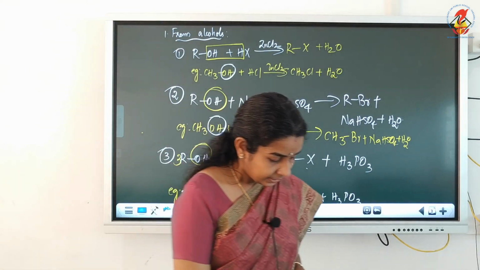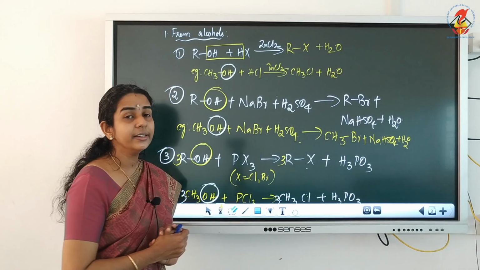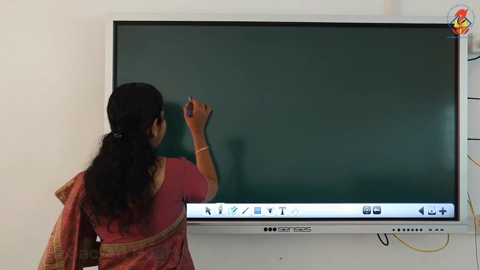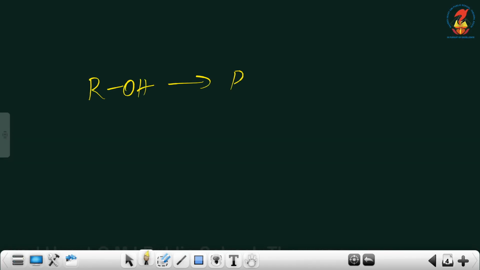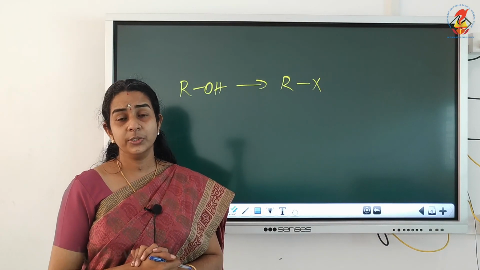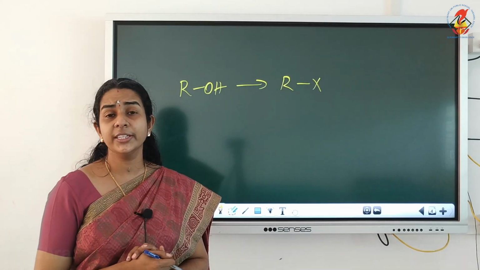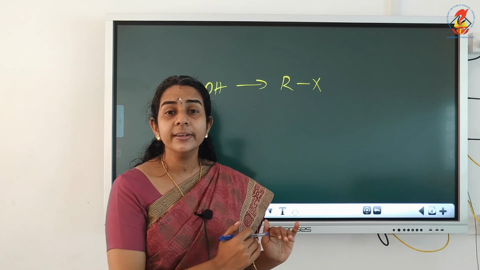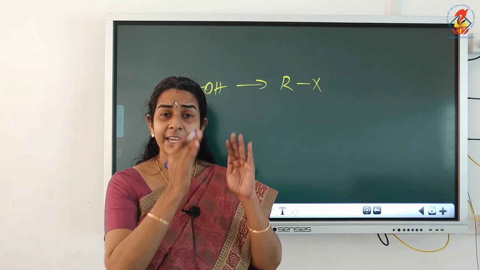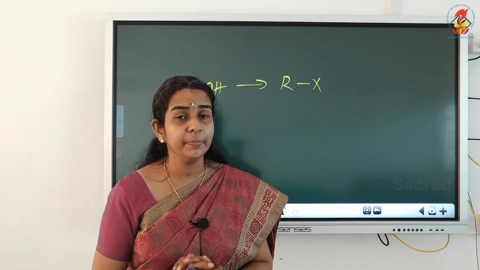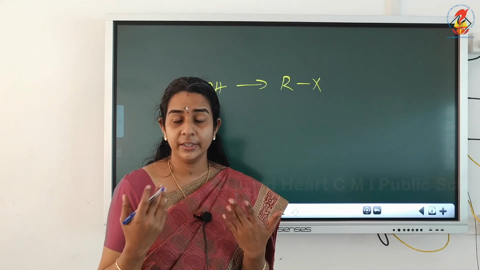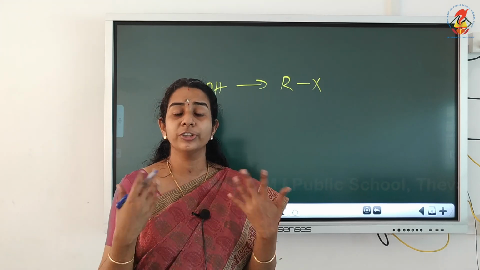Okay. Now, as we told, these are the methods in which we are converting alcohols to alkyl halides. So from alcohols we can prepare only alkyl halides. So the above methods, very important give reason questions. The above methods are used only for the preparation of alkyl halides. Aryl halides cannot be prepared by any of these methods. Why? Why can we not prepare aryl halides by treatment with HX, or red phosphorus and X2, or thionyl chloride, etc.?